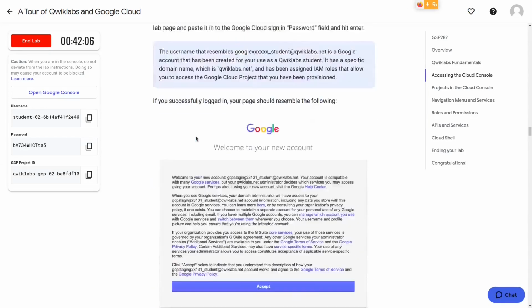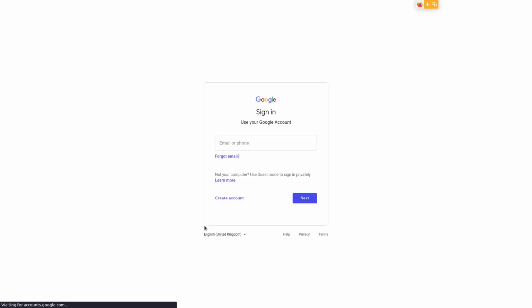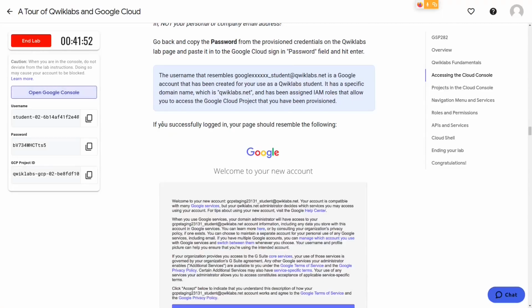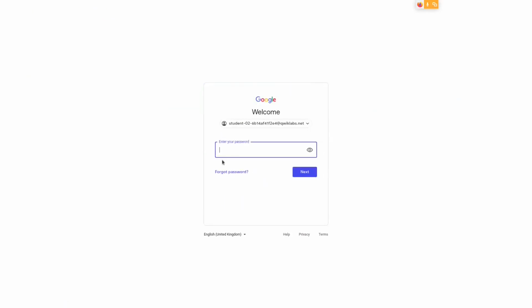Okay, now let's log into the Google Cloud platform. You'll be asked to enter an email. Please don't enter your email here. You'll be entering the email which says username. You can enter that, and you'll be asked for the password.